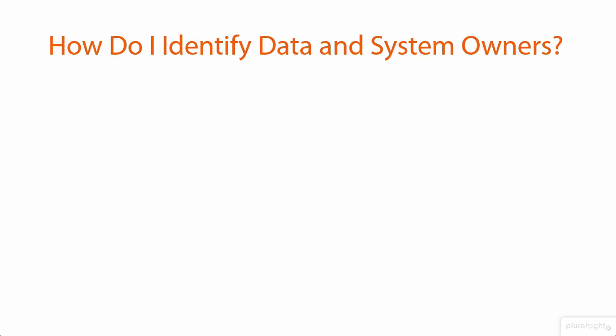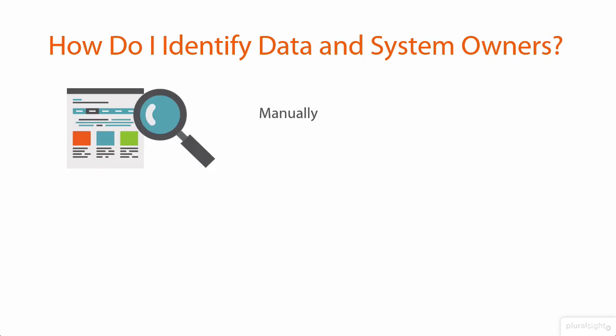Now that you know what data and system ownership is, how do you go about performing the next step? How do you identify the data and system owners within your environment? In a nutshell, there are two simple methods. Manually, by combing through lots of data about the systems and data itself, as well as its usage, as well